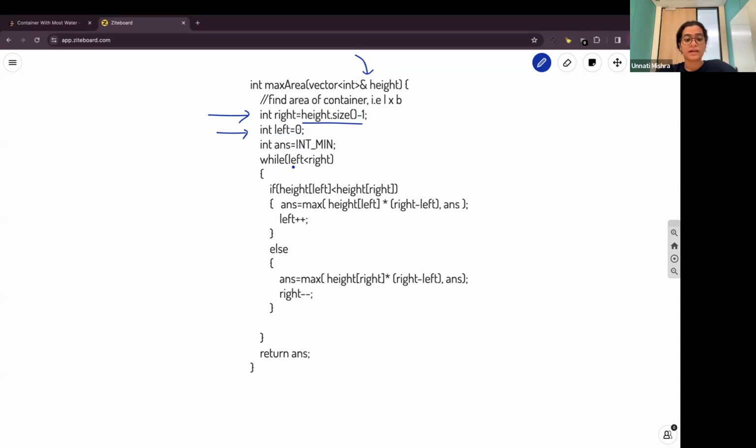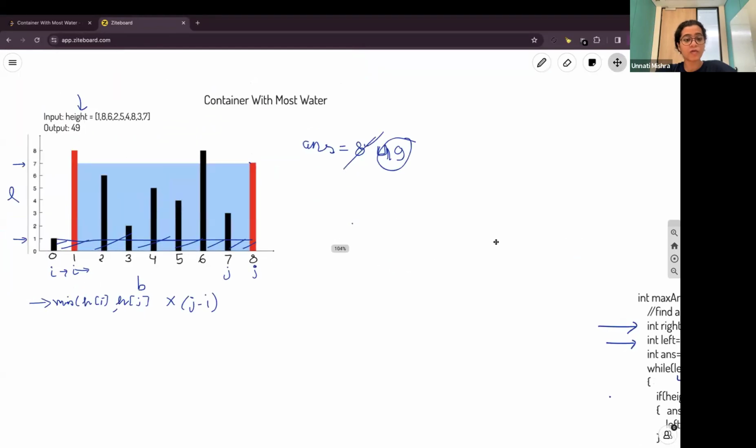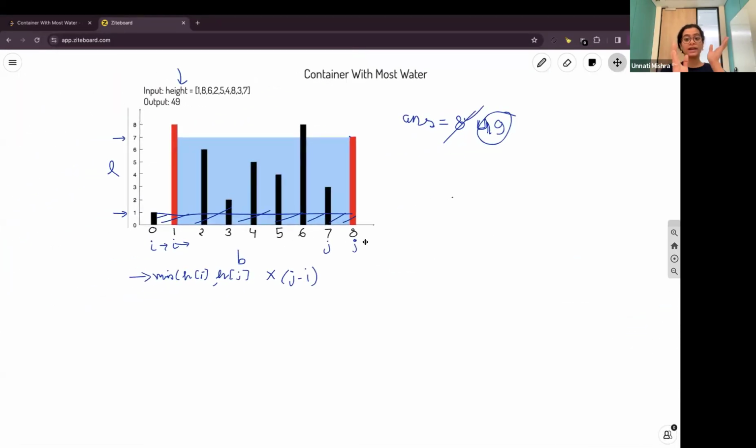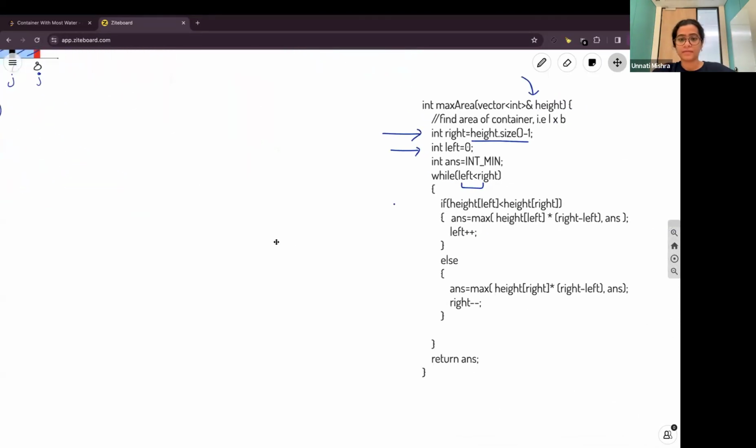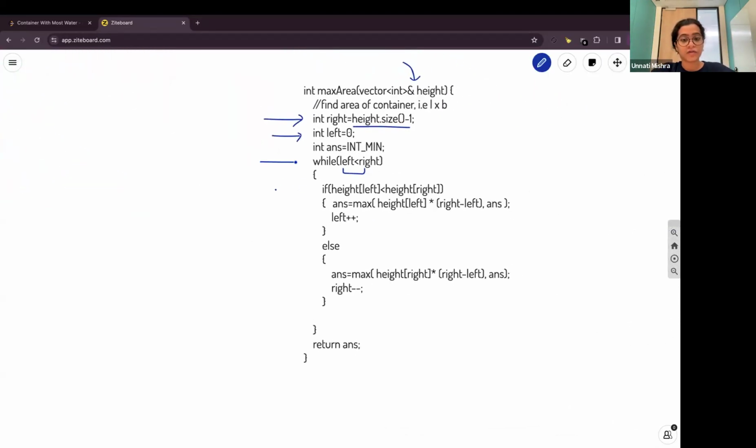Now, while left is less than right. I forgot to tell you one thing: while moving the pointers, if the i and j pointers cross each other, then we have to stop. So this is that condition: while the left pointer is less than right,